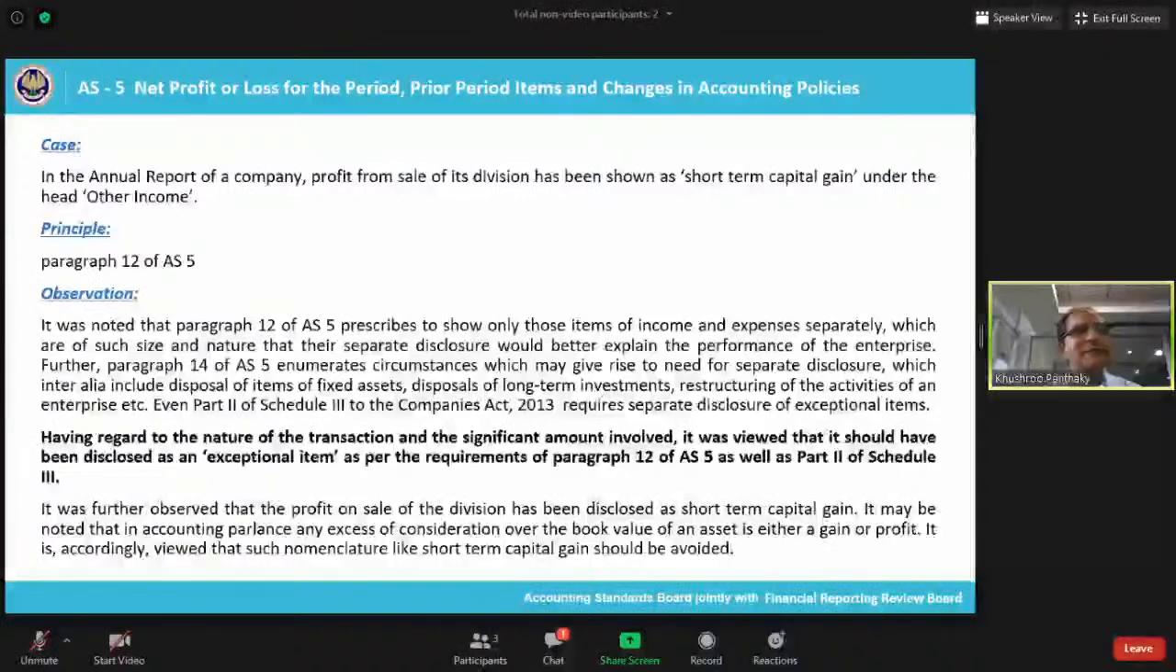In one of the cases, the profit from the sale of a division of a company has been shown as a short-term capital gain under the head other income. How can that be possible? You are actually selling a particular division, which is basically forming part of your fixed assets of a company, right? This is nothing but actually an activity which is not going to be happening frequently. It is a one-time activity. It is basically nothing but an exceptional item, because whenever you sell a division or whenever you sell a plant or whenever you sell a significant asset,